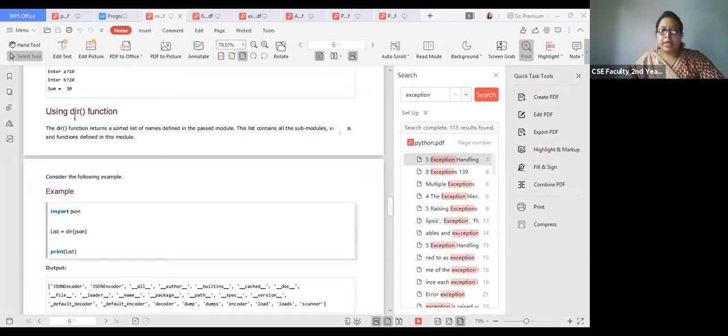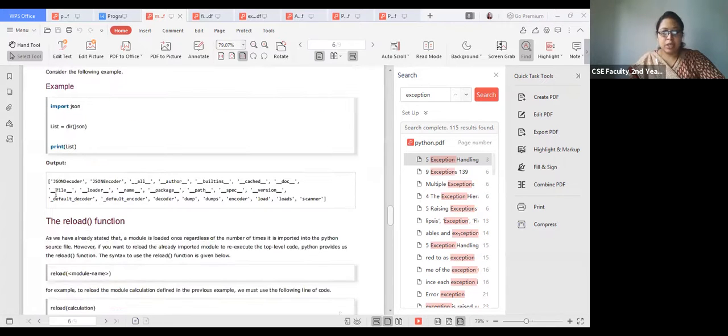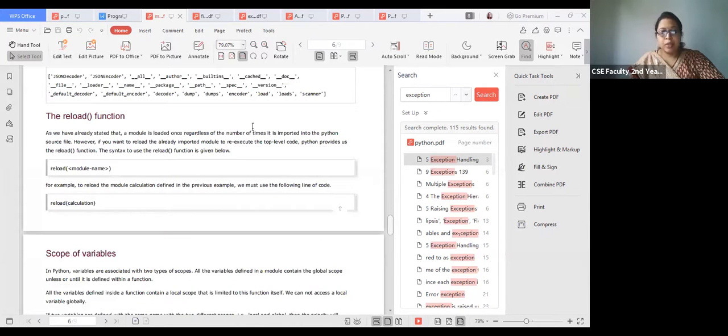The dir function, the directory function, will return all the functions in the directory. If you write json, it will return all the functions and all the paths. Okay, and